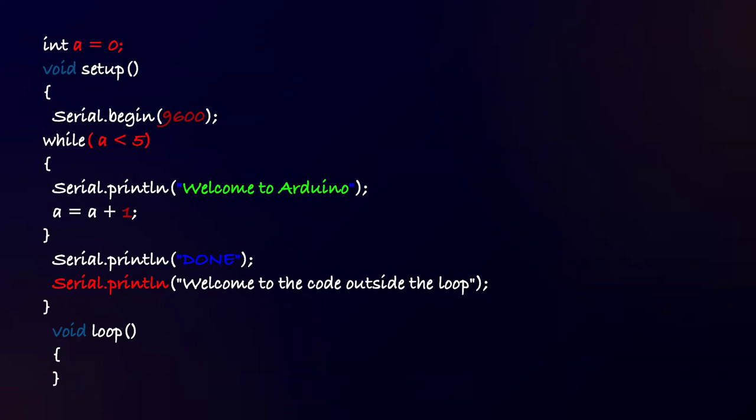All right. Now let's see this code. In this code, we can see integer A equal to 0, and we have void setup. Inside void setup, we have declared the baud rate, that is 9600, the standard rate. Everywhere we declare the same. Then comes the while loop: when A is less than 5,